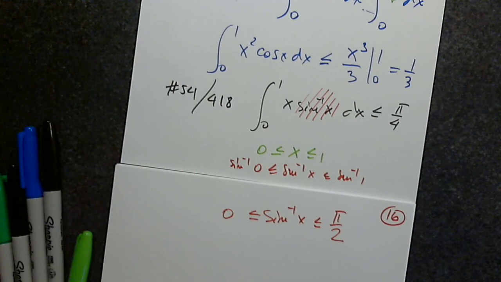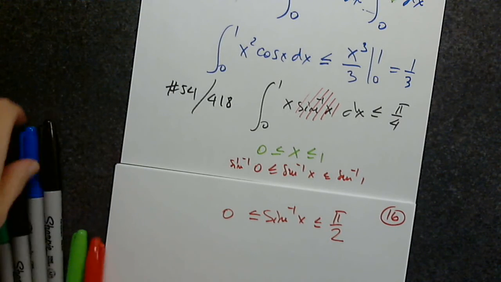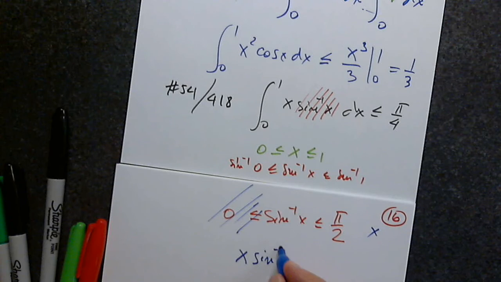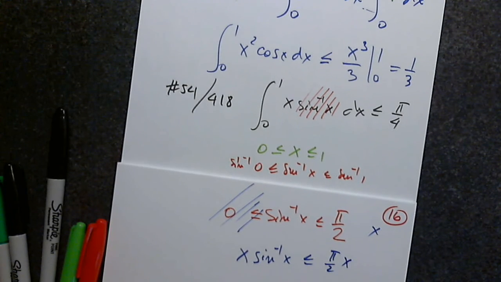Not enough, because that's not the function I'm interested in. The function I'm interested in is x times sine inverse x. So what do you think I am going to do to all three sides at this point? Is x positive? Yes, because it's between 0 and 1, and it's not 0. Perfect. So we're going to multiply everything by x. As you see, I don't care for this piece. So I have x sine inverse x less than or equal to pi over 2 x. I built what I wanted. I found that this function that we are looking at is less than or equal to another function, which is